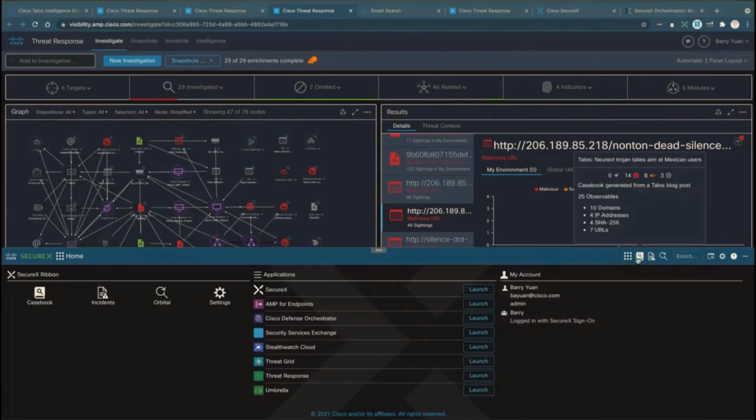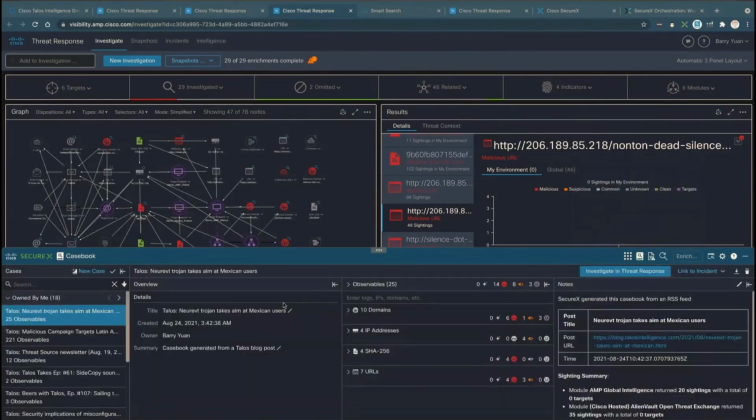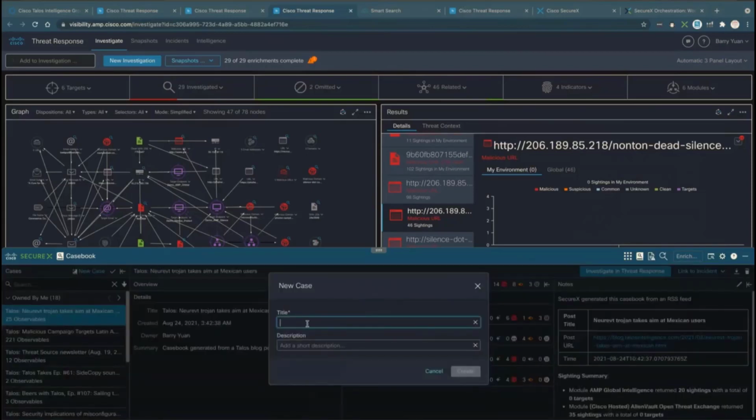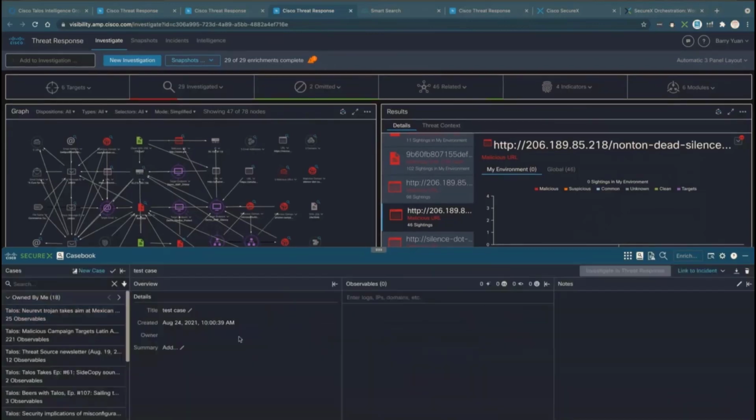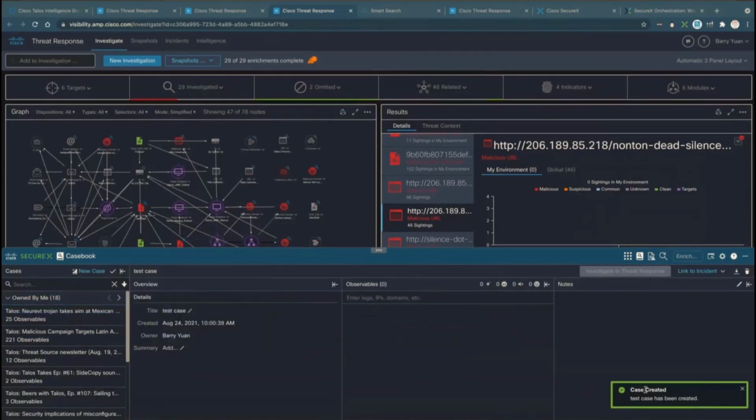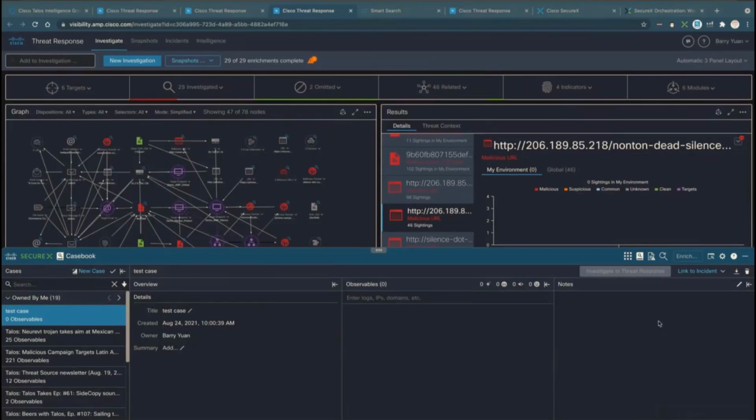And another thing is, like I said, you can create a casebook to track what you're doing, right? And another thing is you can associate your current investigation into a case. And I can easily create a case and say, this is a test case, right? So I create it, and basically this case is created, and then there are no observables, and I can associate this to this case, and I can also assign this case to someone else, and I can even associate a snapshot to the case,